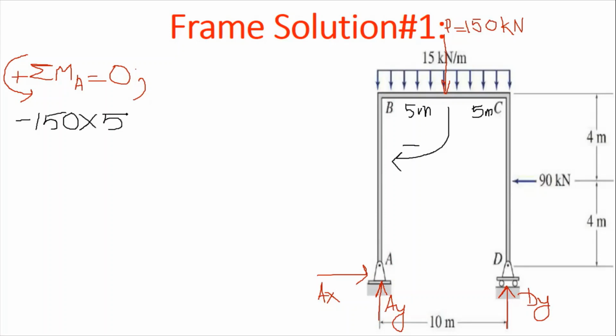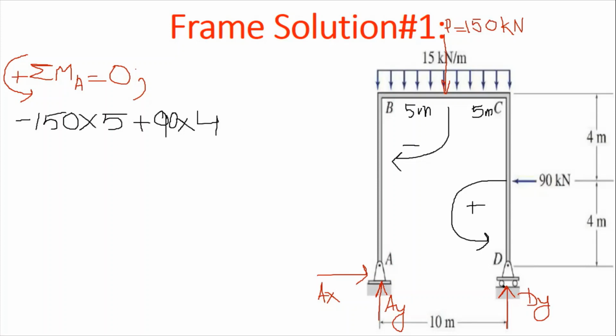So what is next? We have to rotate this force towards A, so its direction will be anti-clockwise, so it is positive, so plus 90. And because support A and support D are at the same level, obviously it will multiply with the 4 meter. We are summing up moment at A, so its rotation will be like this, so 90 into 4.